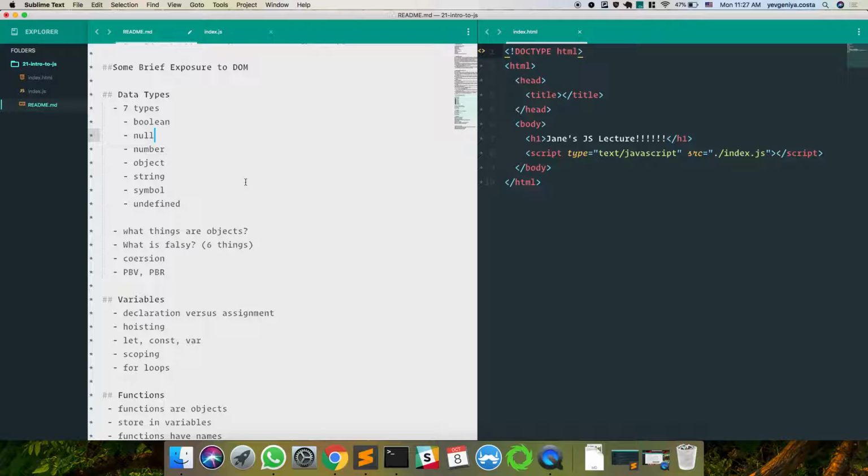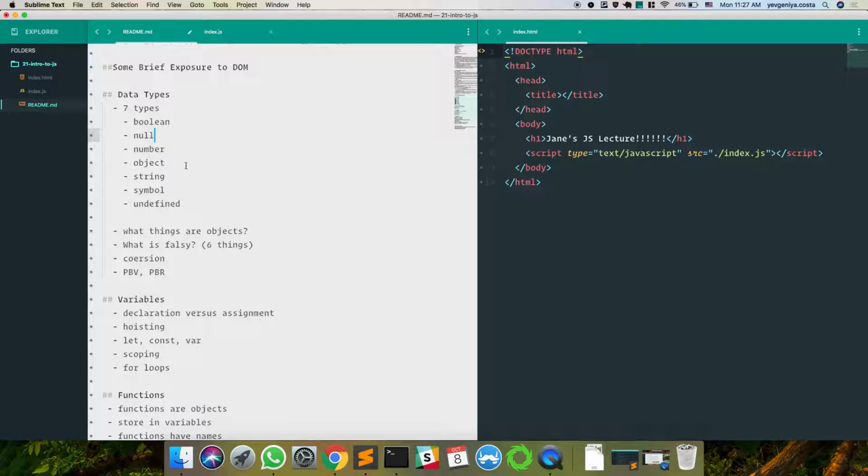Like you're using a variable and you mistyped it, or you actually forgot to define that variable, or you're using a function and functions have to return something. If you invoke a function and try to save it into a variable and you never use the return in that function, then it's going to be undefined.